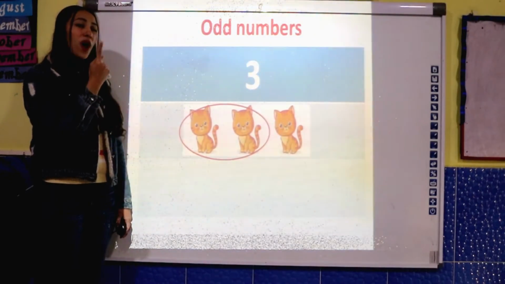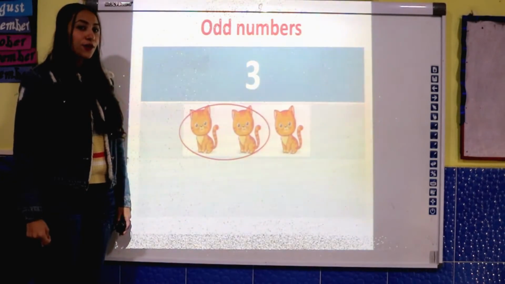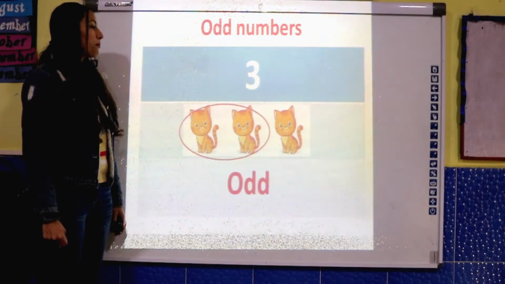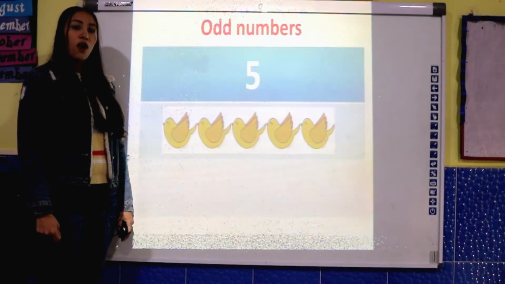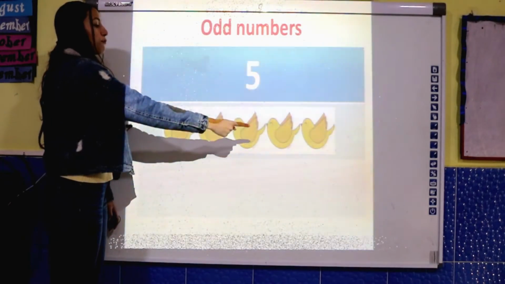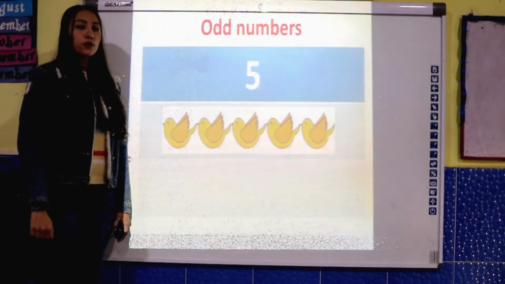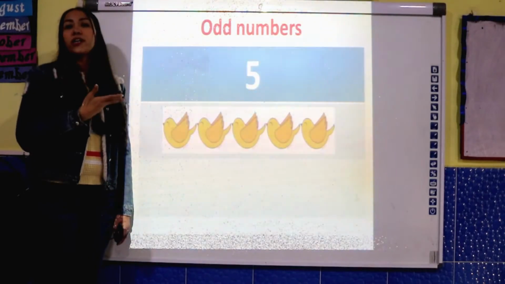And when I see one friend alone, is it an odd number or an even number? Yes, it's an odd number. Another number? What is this number? Yes, number 5. Let's count. 1, 2, 3, 4, and 5. I have 5 birds here, and I want to find out if number 5 is an odd number or an even